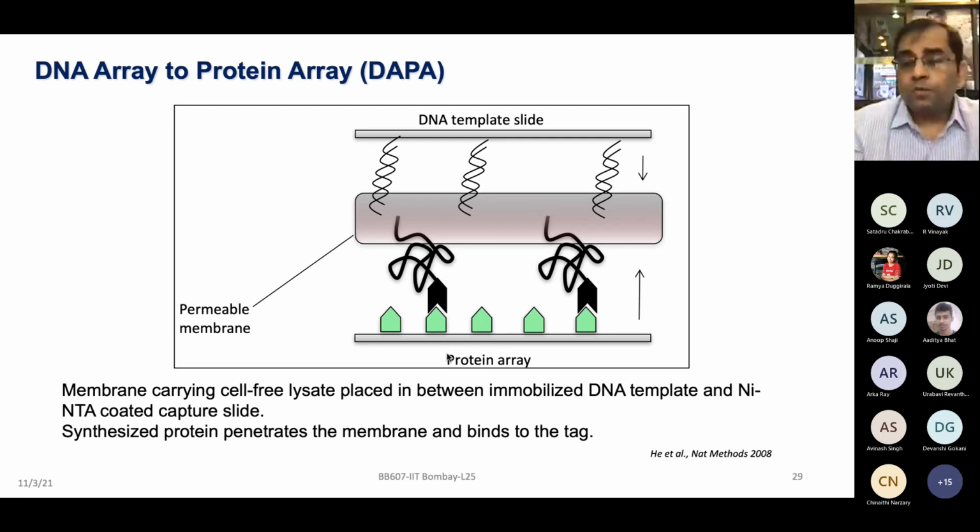Another technology that came forward was DAPA, which was published in Nature Methods, DNA arrays to protein arrays. It took a blend of concepts, essentially the affinity chromatography concept, to have the nickel NTA there. But then they realized that if you are printing the DNA on the chip, and then you are expressing the DNA with the IVT mix, then making the protein, there is so much material already printed on the array, which is from the cDNA, which will interfere with your reactions and signal. So can you do something else?